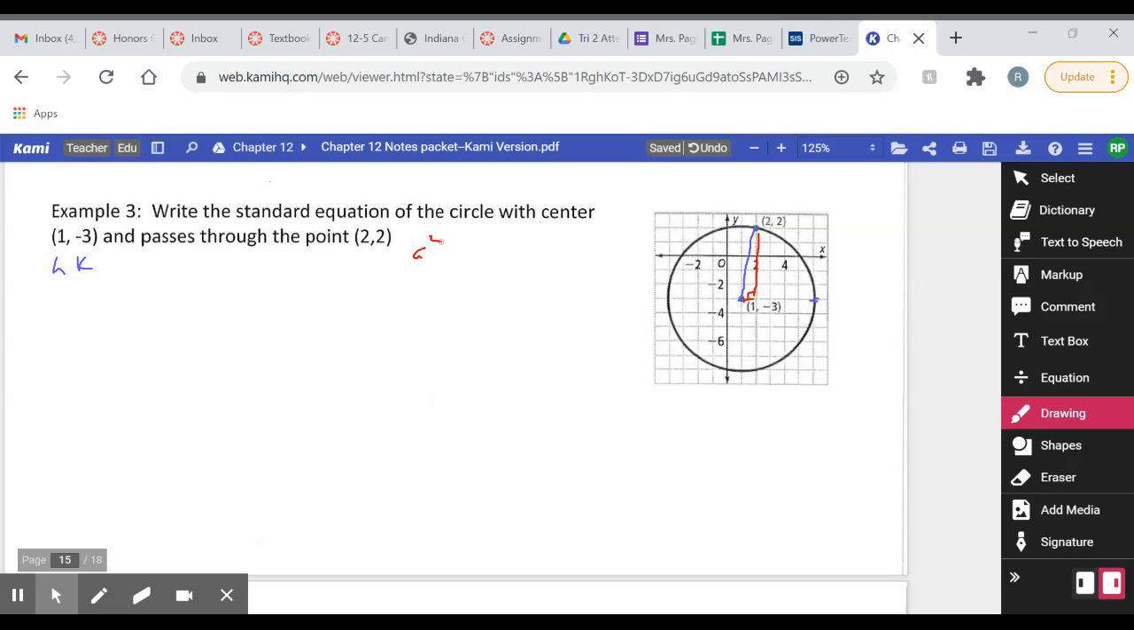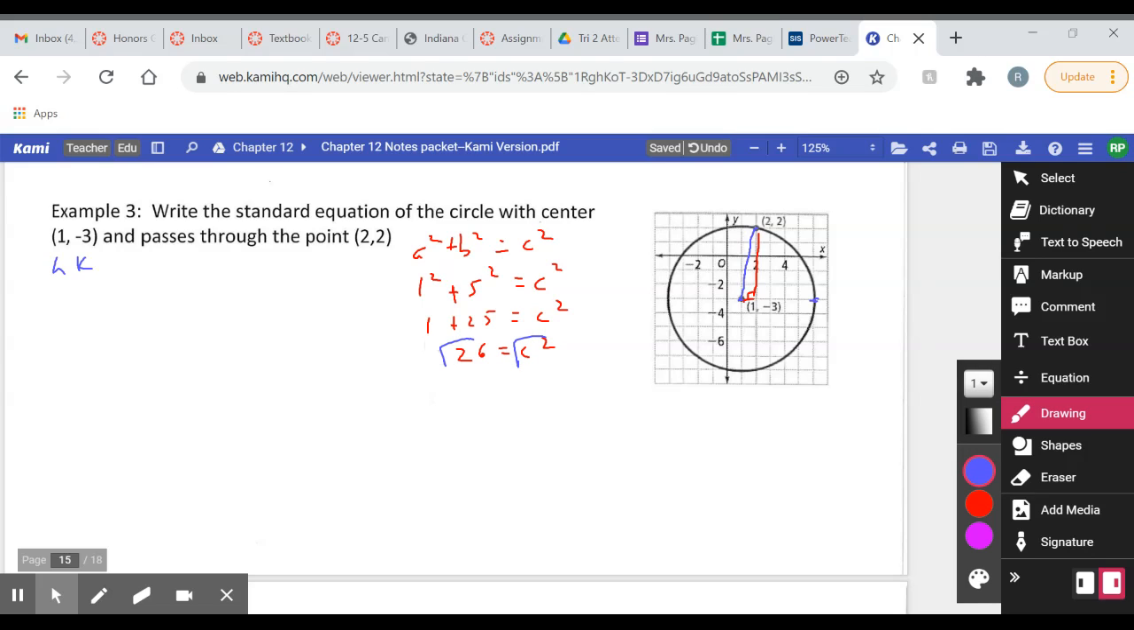So if I want to use Pythagorean theorem, then I can see one leg of the right triangle is 1. The other leg is 1, 2, 3, 4, 5. And my hypotenuse is what I don't know, which is actually my radius. So I've got 1 plus 25 is equal to c squared. So I get 26 is equal to c squared. And if I take the square root of both sides, I get